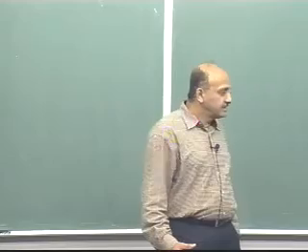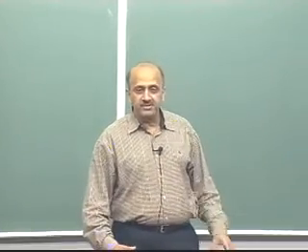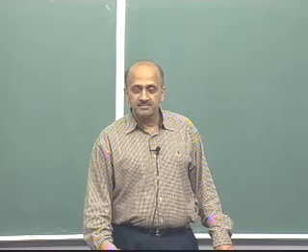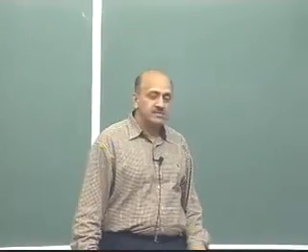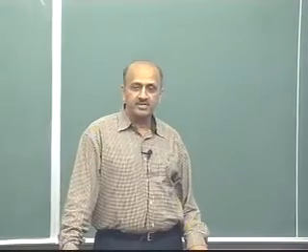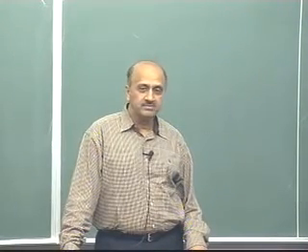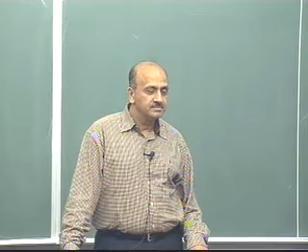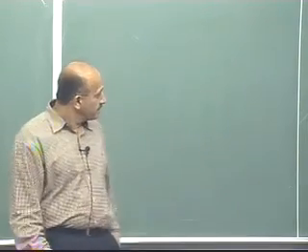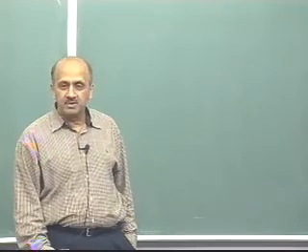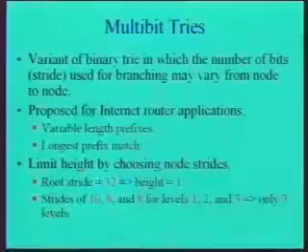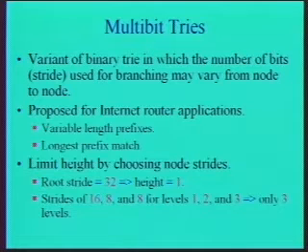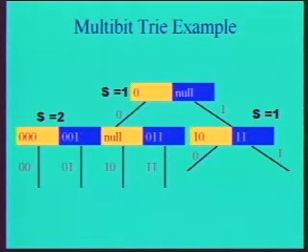Okay, so once the height limitation is given, you're kind of free to choose the strides of the nodes. If you choose the root stride to be 32 and you're looking at IPv4, well, then you need only the root. Okay. There are only 32 bits in the address. Okay. So your height becomes 1. If you chose strides of 16 at the root level, 8 and 8 for the next 2 levels, you'd still cover all 32 bits. You could get away with a 3-level trie. Also an example here,